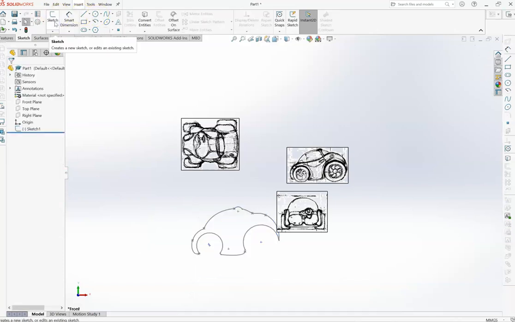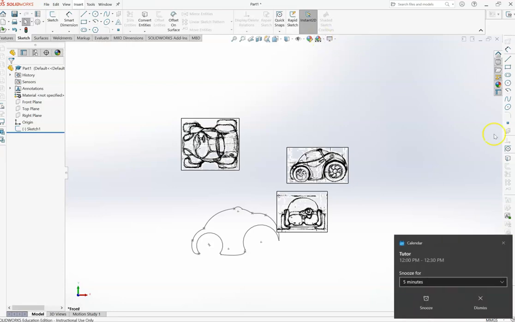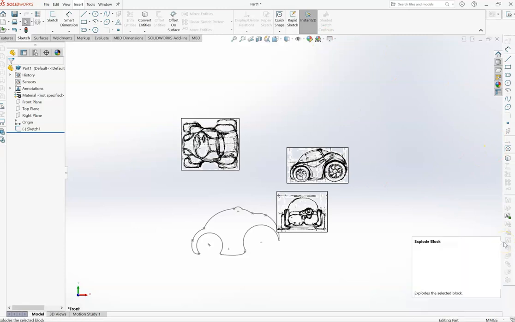Exit the sketch. So the first thing I did was trace around the car approximately. The second thing I did was add a couple of circles or other shapes to get the car a perfect shape, and then I used the Trim Entities tool to get it back to one shape, get rid of all those excess lines. And so now what I'm going to do is actually extrude